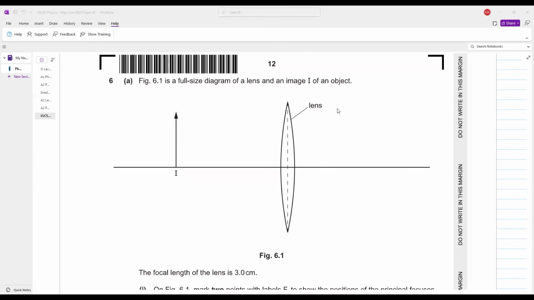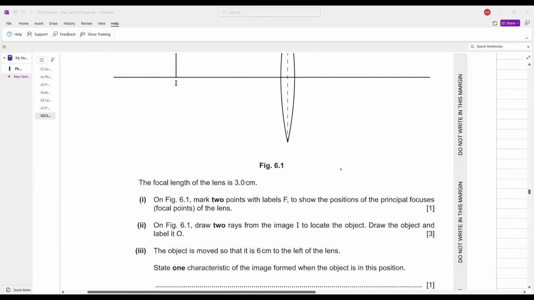the object। अच्छा जी, ये image eye of the object given है, ठीक है। This is a full size diagram of a lens and an image eye of the object। Okay, the focal length of the lens is 3 centimeter। अच्छा जी, लेंस की जो फोकल लेंथ है वो 3 सेंटीमीटर है। On figure 6.1, mark 2 points with labels F to show the position of the principal focuses or focal point। Let's say आपका 3 सेंटीमीटर यहाँ पे हो गया एंड 3 सेंटीमीटर यहाँ पे हो गया। दिस इज 3 सेंटीमीटर, दिस इज 3 सेंटीमीटर।